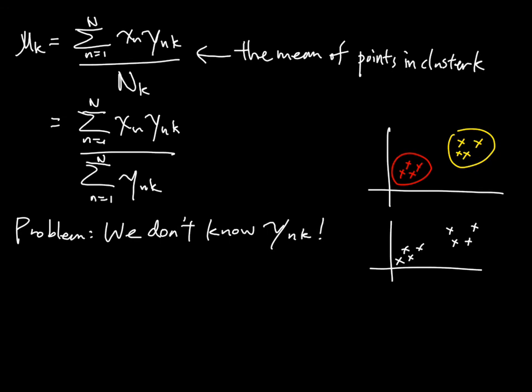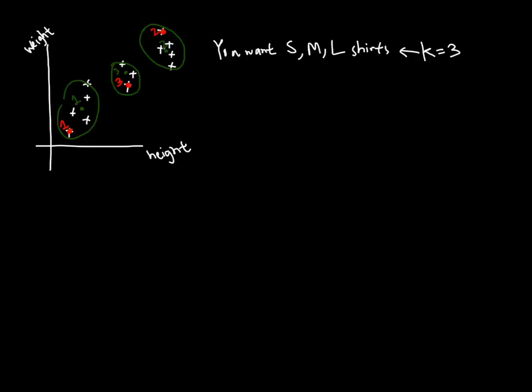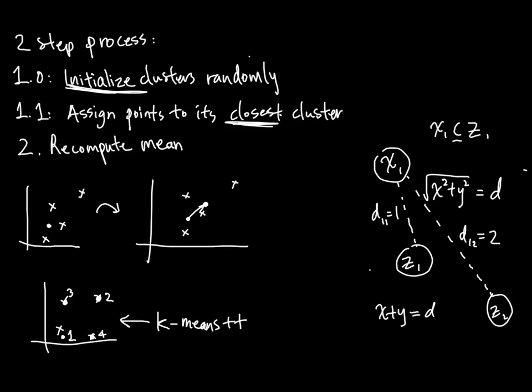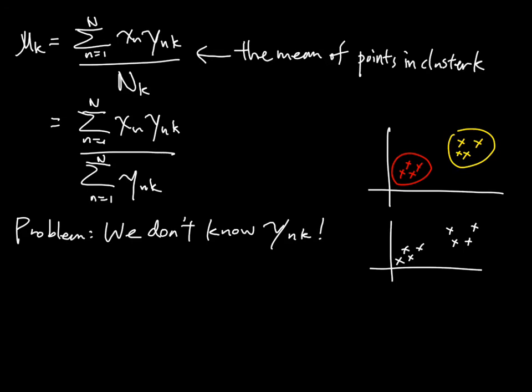But we have a quick solution for this. Remember that we have right here, we assign points to its closest cluster, right? So that means that we don't really know, but we can guess by saying the points that are closest to its cluster will be in the cluster, right? So what we do is we kind of draw an imaginary circle. Say this is our first center and this is our second center. So let's say this is 1, this is 2, right? We can draw an imaginary circle around the clusters like this,